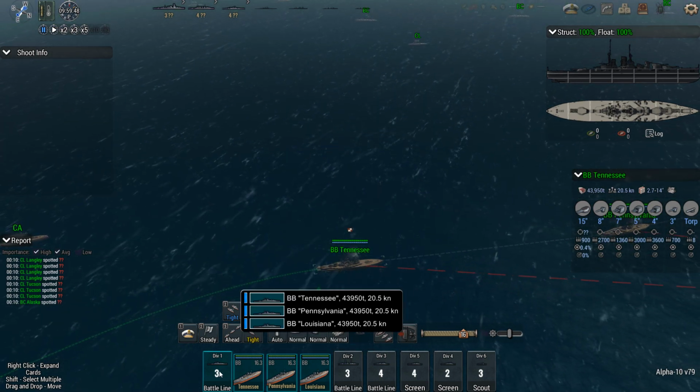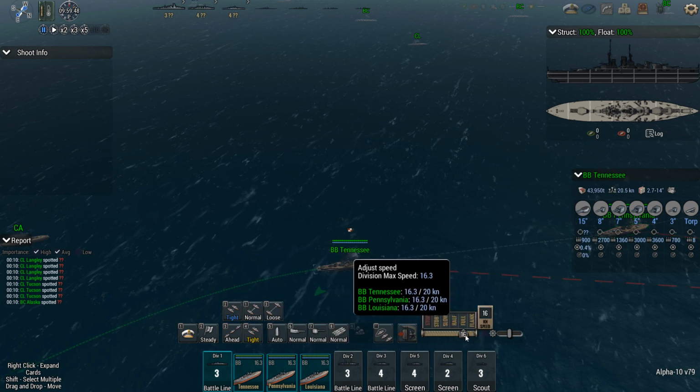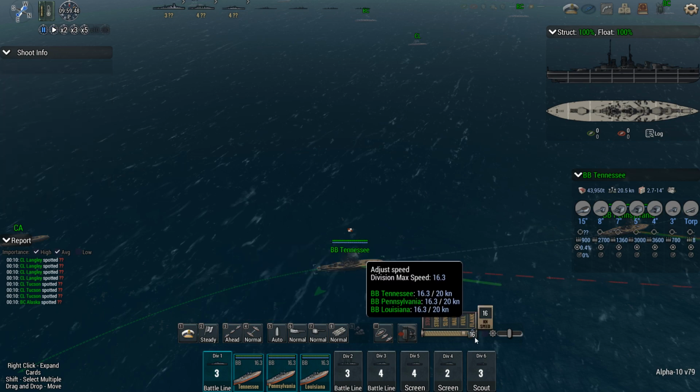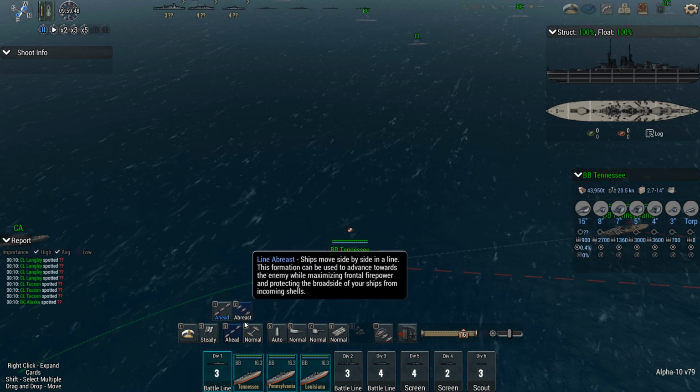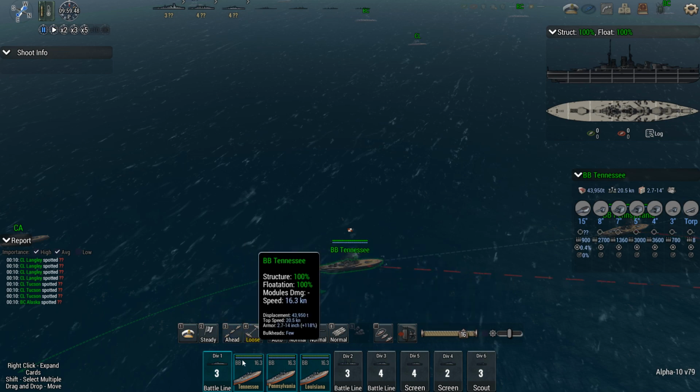Because if I want to use the maximum speed on Tennessee, Pennsylvania, and Louisiana on these battleships, the game just goes, nope, can't do it. I can drag it to flank, but it's going to fight me. It's going to stick to full. If I switch to normal, it's still going to fight me. It's going to push it back to 16. Whereas if I spread it to loose, now I can actually...